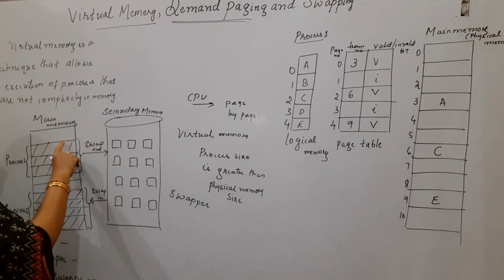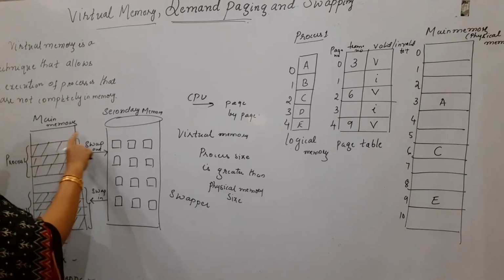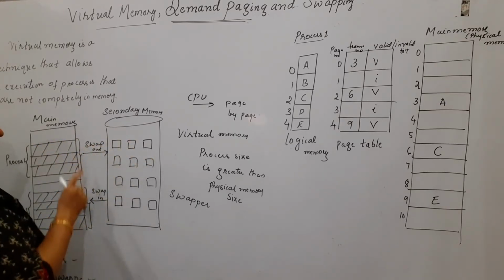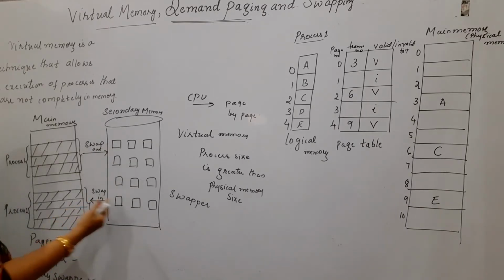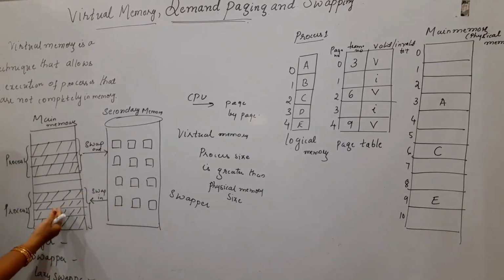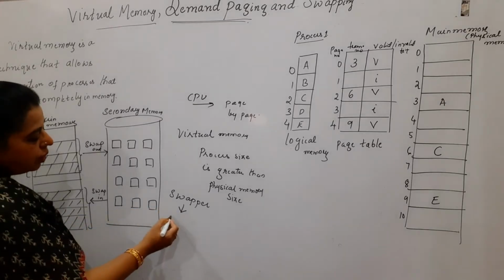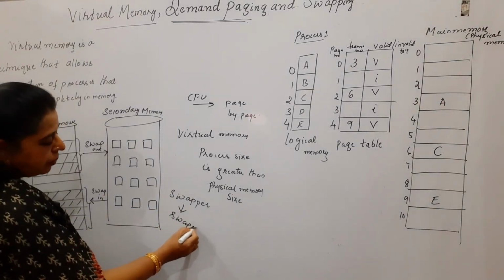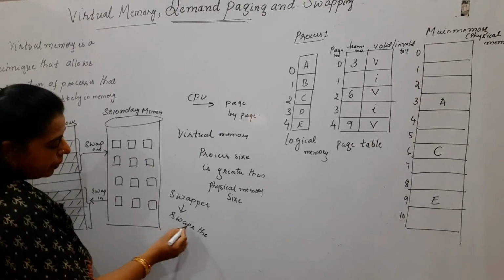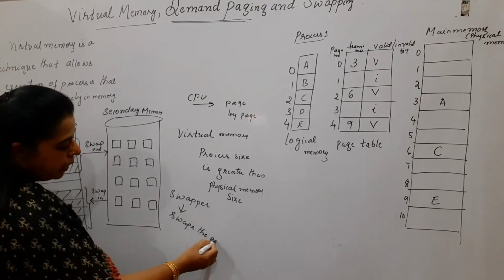That means if there are 3 pages belonging to the process, all the 3 pages are brought into the secondary memory. Swap in is bringing the pages from the secondary memory to the main memory. Now here also, when you are swapping in, you are bringing all the pages of that process. So swapper always swaps the entire process. Remember the difference between swapper and pager. Swapper swaps the entire process,